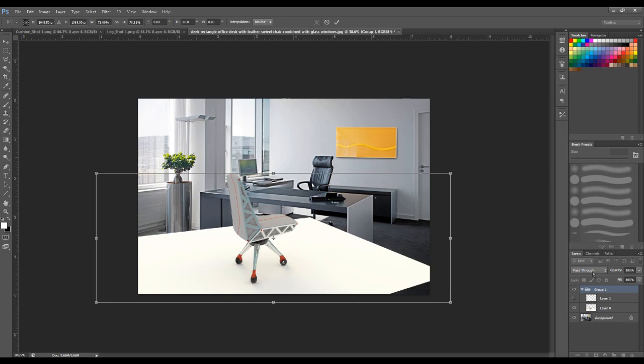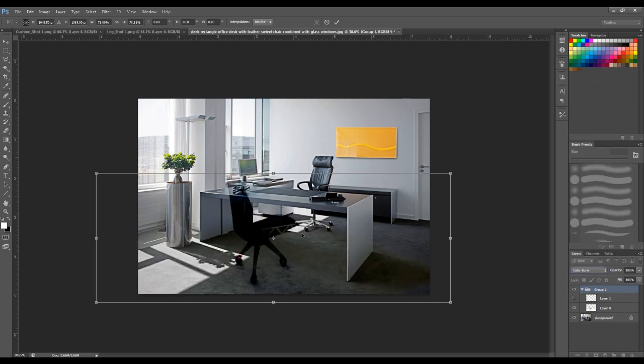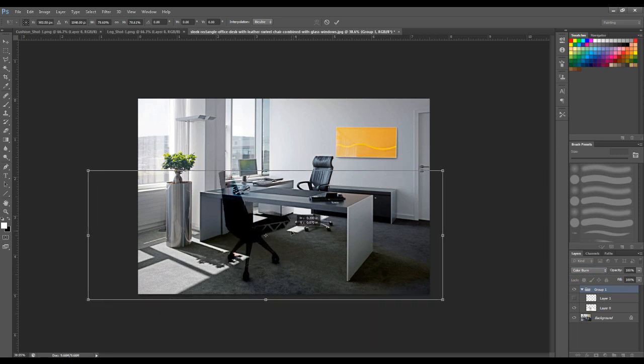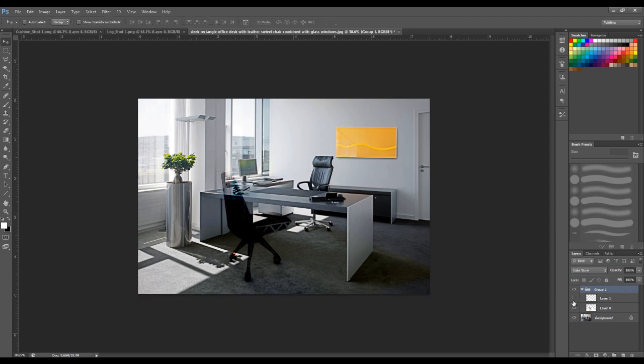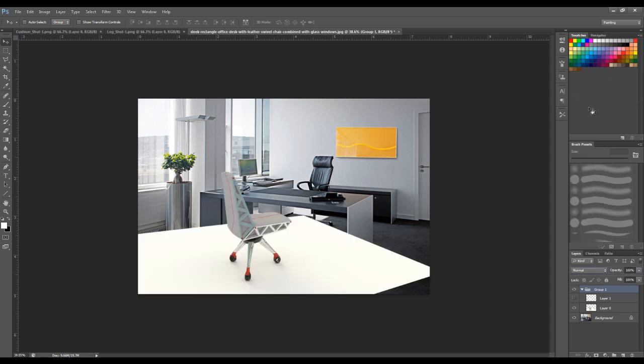Maybe even change the opacity around so that you can actually kind of get a ghosted version of it and see how it looks. All right, so I'm thinking it's probably going to look pretty good right about there. And what we'll do is turn the color mode back to normal. And then this is why we rendered out that alpha. So what I can do is take that alpha and use it as a clipping mask for everything beneath it. So how I'm going to do that is actually turn off the background